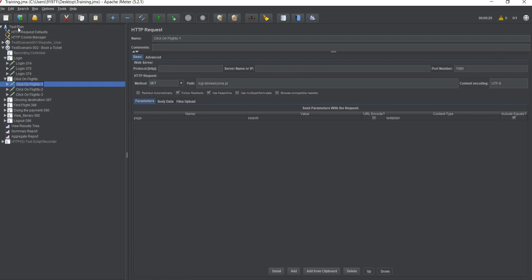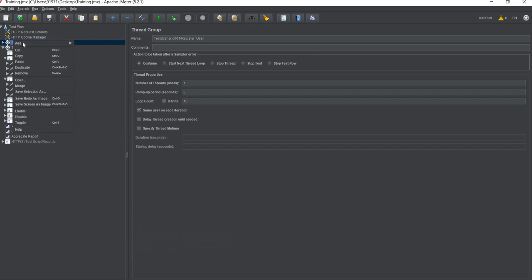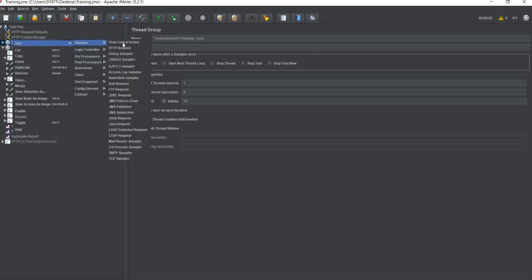It may be of kind HTTP. I will go to a thread group, click on Add and go to Sampler. So let us first concentrate on the sampler. Over here we have a sampler called HTTP Request. Similarly, we have other kinds of samplers, like FTP Request. If you know how the internet works, it has various protocols. We can have the HTTP protocol, the FTP protocol, the SMTP protocol, then JDBC, which is for Java Database Connectivity. Similarly, we have different kinds of samplers.